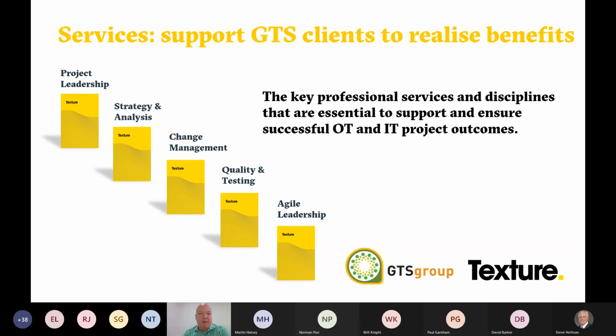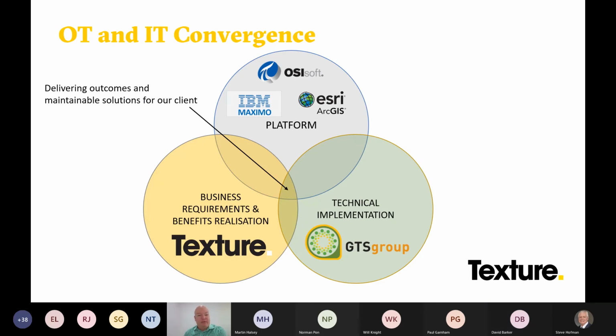The majority of our clients are moving towards agile models in their project delivery. So we help with providing Scrum Masters and Scrum coaches and the associated agile infrastructure. So really, if we were to draw a Venn diagram, Texture is the third part of that, where the technical platform is joined with the technical implementation and engineering, and it's supported by proper business requirements gathering, and then managing projects through to benefits realisation by highly skilled and experienced people that are not necessarily technical, not necessarily engineers, although they might understand and have experience in the various technical platforms that are used by our engineers, such as the